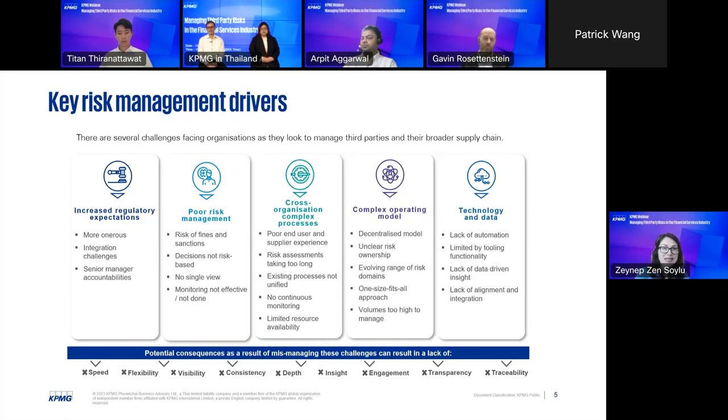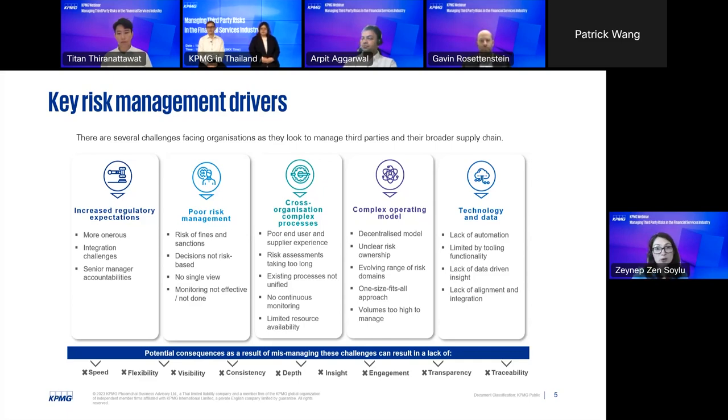But also, we have mentioned, and I think we're going to talk a little bit more in details today, our technology is not so supporting and the data is not there yet. Hence, managing all these risks and challenges, if it is not done well, can be extremely costly for the organizations, and currently it is not an easy task to handle.